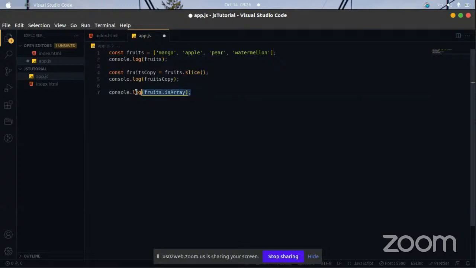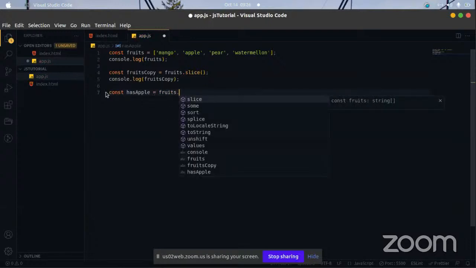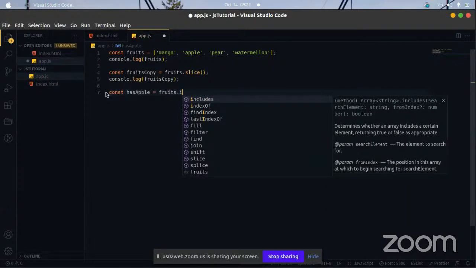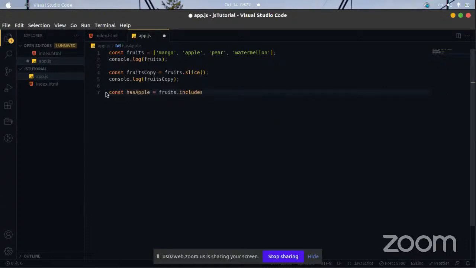All right, so let me rewrite this. Let me create a variable. I'll call this hasApple is equal to fruits dot. Okay, we could use includes. You could use includes instead of this array.